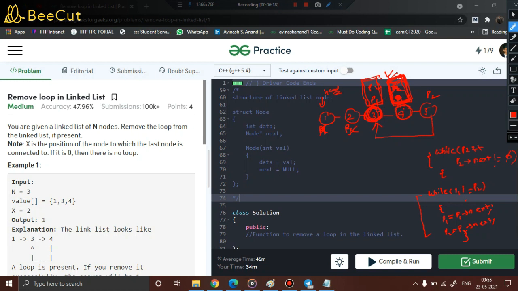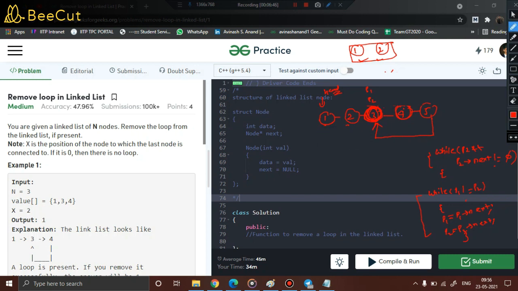So basically we have covered two concepts. First of all, how to detect the cycle in the linked list. Secondly, how to find the starting point of a cycle in the linked list. Now since we have completed both tasks, it becomes very easy to remove the cycle. Why? Now see, P2 will remain here only. Let me erase these things. Right now P1 is here, P2 is here, right? Now we have to just remove the cycle in the linked list.